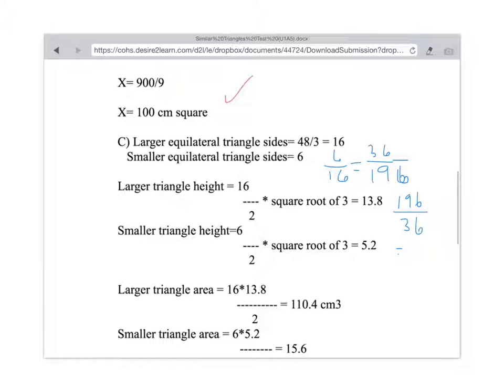So a common factor in this case might be, well, at least 2, and we can keep going from there if we want to. So that's going to be 98 over 18, which means it'll still come down to 49 over 9. So 49 over 9 is lowest terms there for that relationship, and you don't need to go